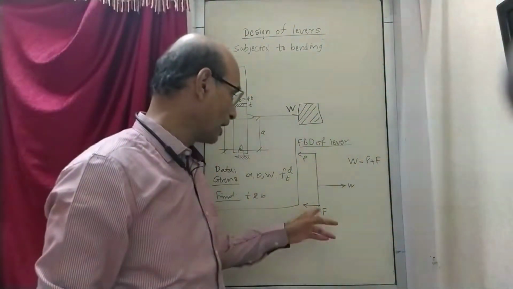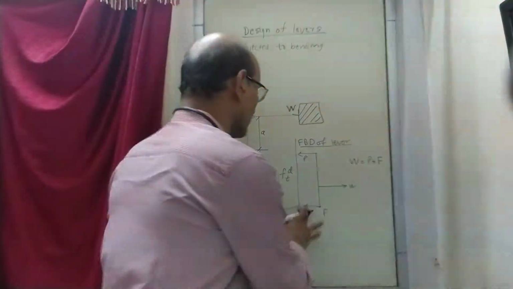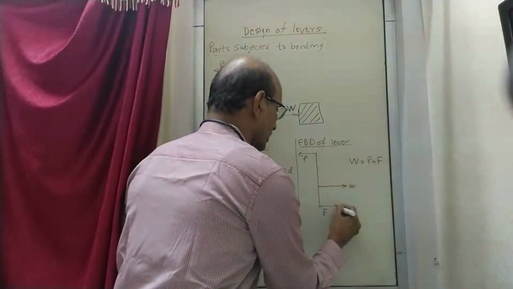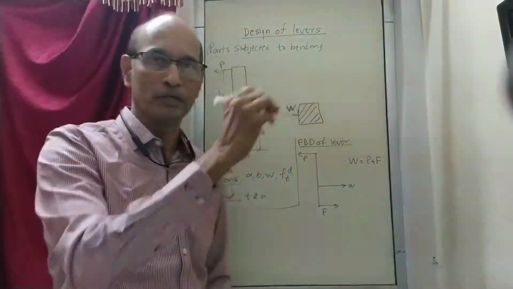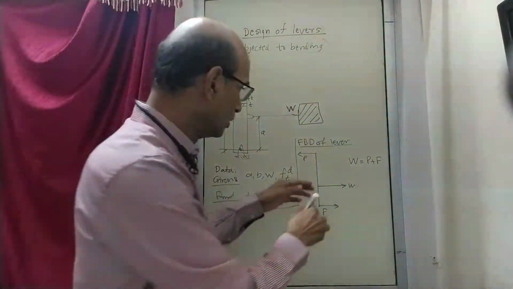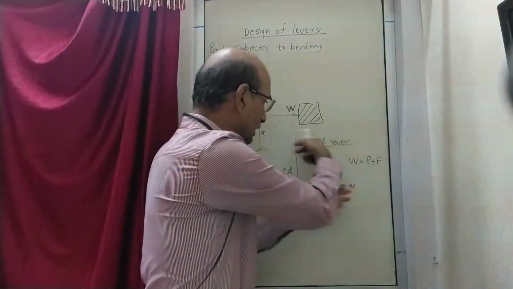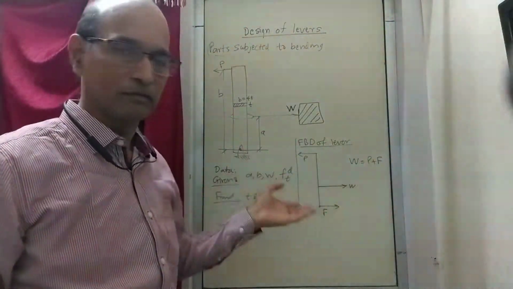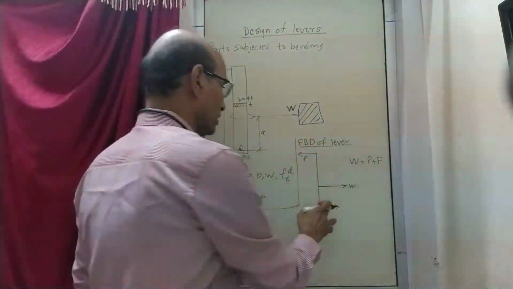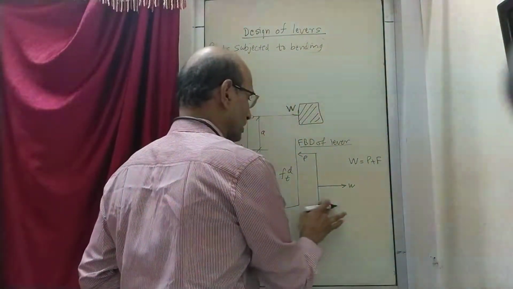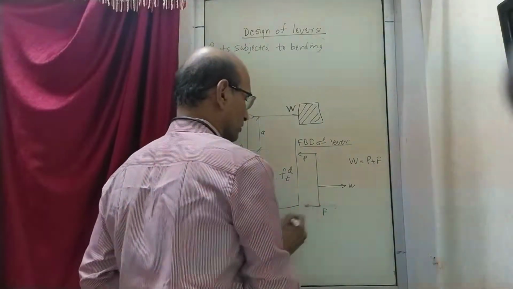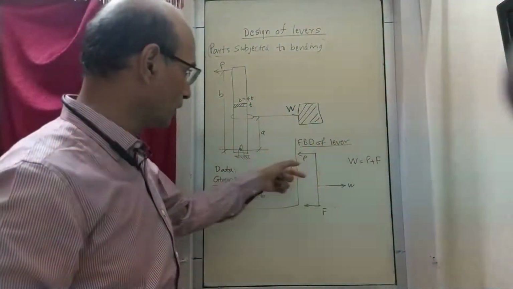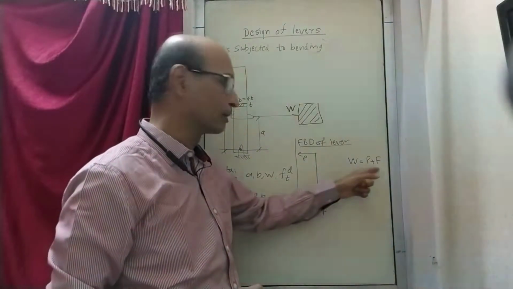Now somebody says, why is F like this, why not F like this? Suppose you think F is like this, what will happen? Let's say F is like this, which is wrong, but suppose it is. Then on this lever, two forces are acting like this, and one force is acting like this, which means the lever will rotate. It will not function, it will just go on rotating, which is not correct. So for equilibrium, that means for stability, F has to be in this direction. So these two act against that one. So this becomes the equation.